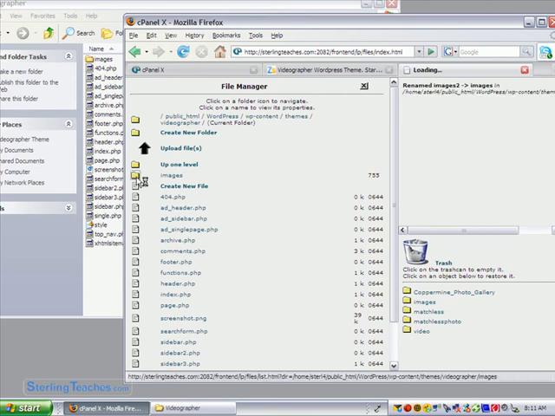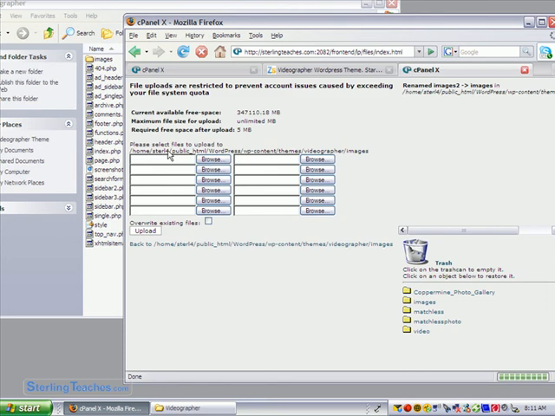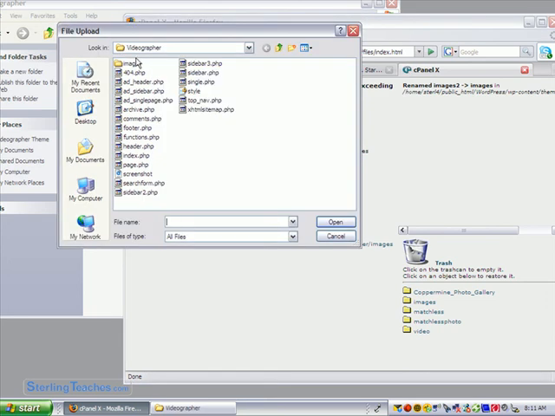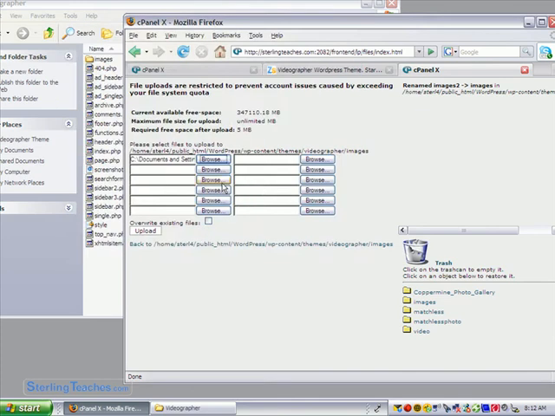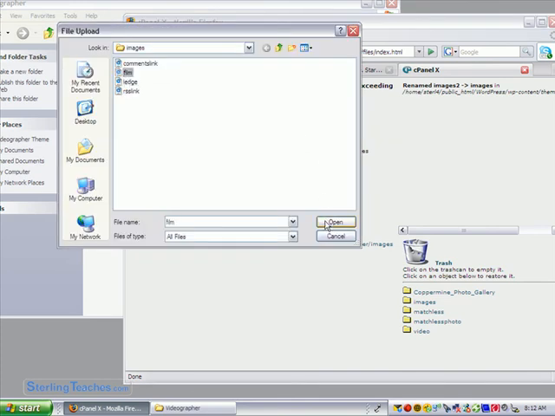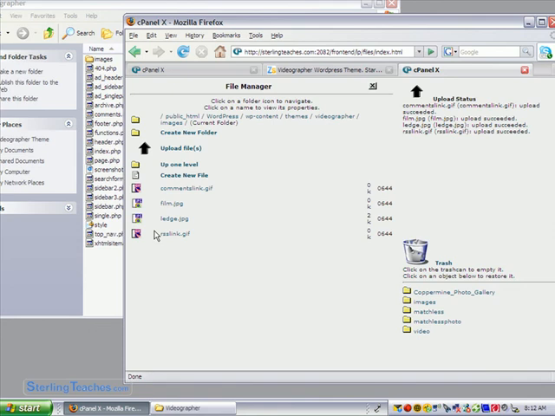Now I'm going to open up that folder. I'm going to upload files, and I'm going to put all the images files inside of there. I'm going to upload. And now what I've done is I've uploaded all of my files inside of my WordPress folder. What this allows me to do is I can now change my theme to the video theme. Now if we go back to our location,